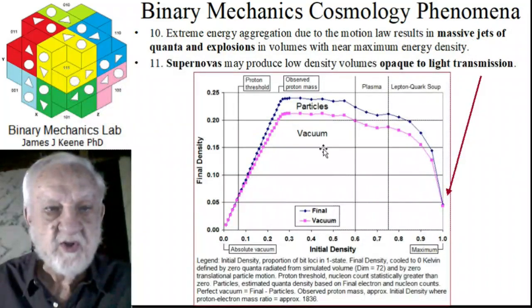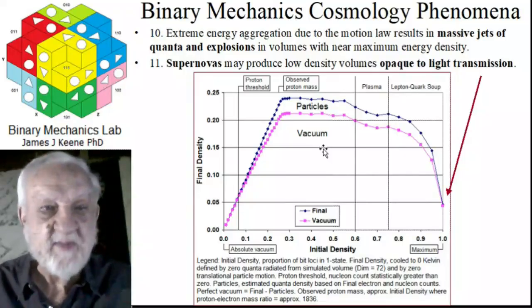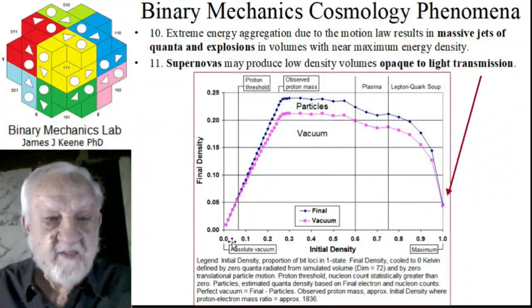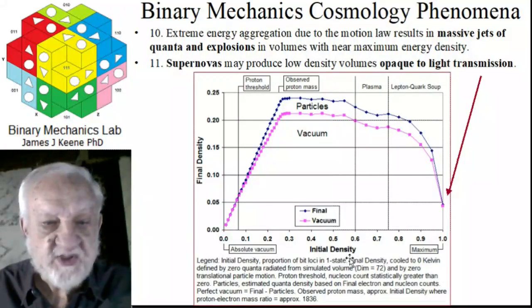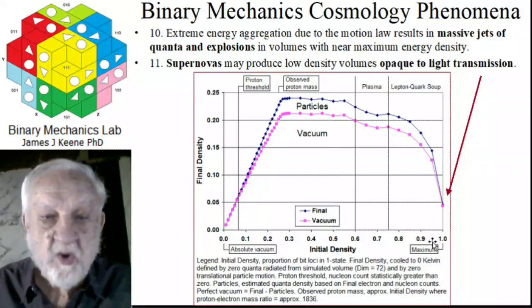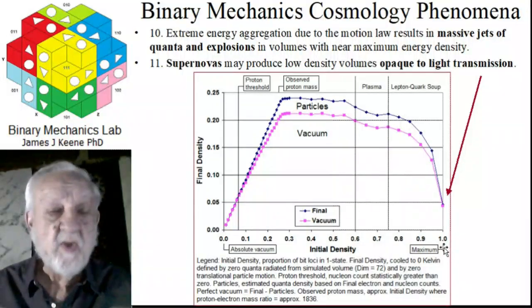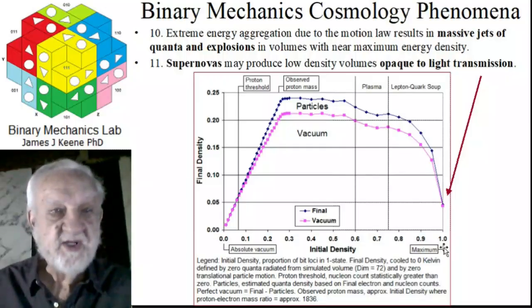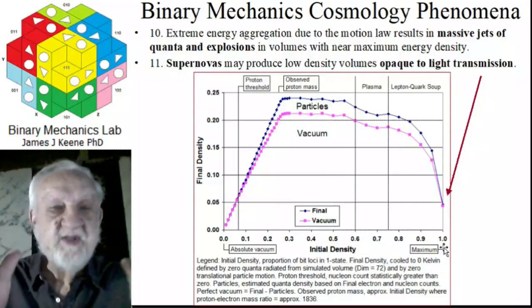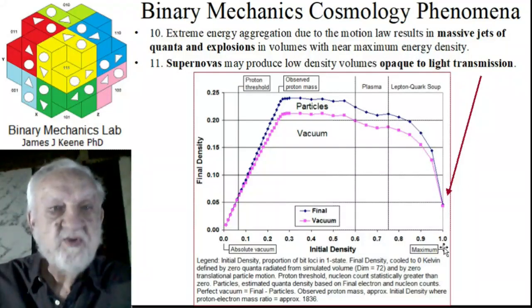Let's look at some results from the Binary Mechanics Lab simulation software, which is a free download, by the way. The bottom here shows initial density for a simulation. We can start with very few quanta on the left here in our simulation, or have a whole lot of quanta, including up to maximum energy density. When we let the simulator run in a certain, what I call vacuum mode, all the quanta that leave the simulation